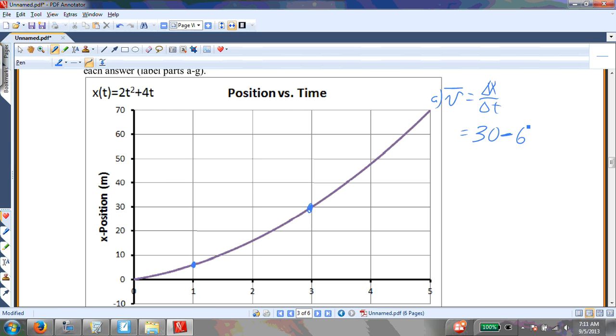I would take anywhere between 5 and 8. That is, what is the position? I know that in particular it's 6, because I know this is the position function. If I put in t equal 1 second, I get 6. Divided by my time, which is 3 minus 1. It's 24 over 2, or 12 meters per second. B,